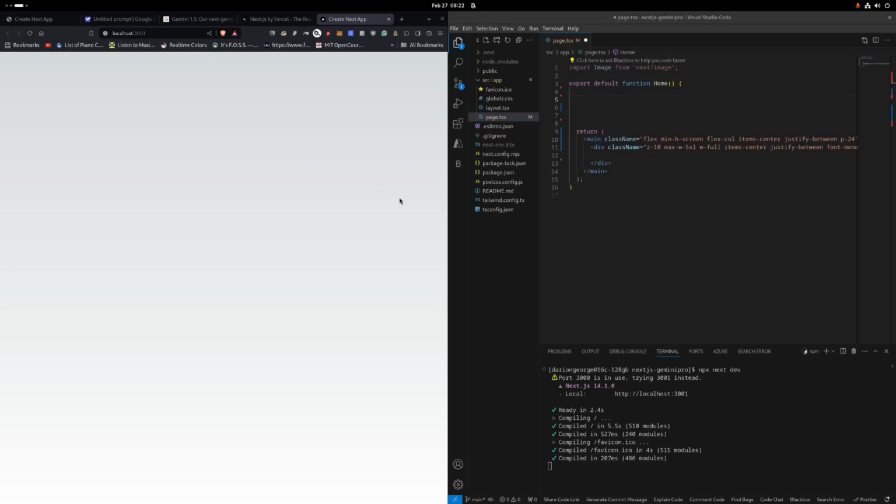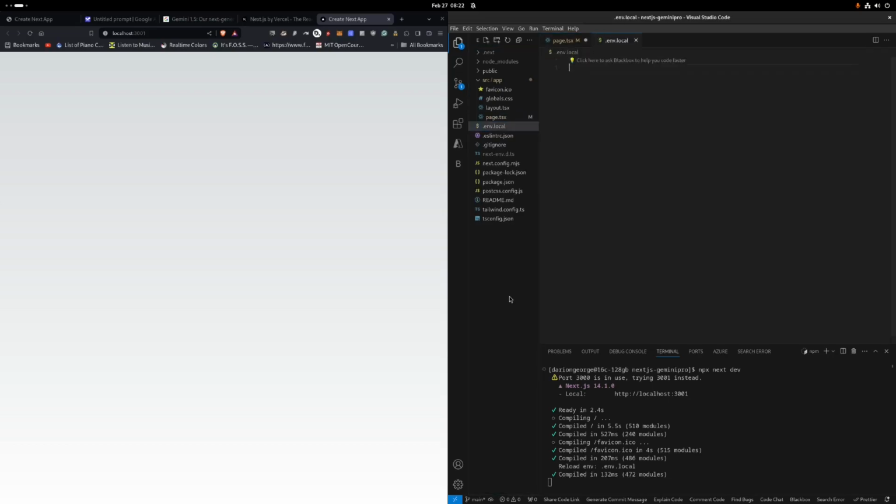So now we need to create an env.local file, right? Because we need an API key, we want to securely in Next.js have our API key that we're going to get from Google be securely passed to our clients, right? We don't want to give them the actual key. We just want to point to it and then have that run on our server whenever it asks for that key. So what we're going to do is create one, and we're going to call it